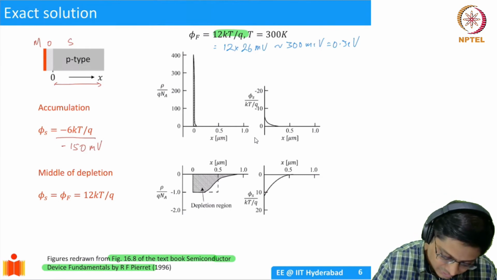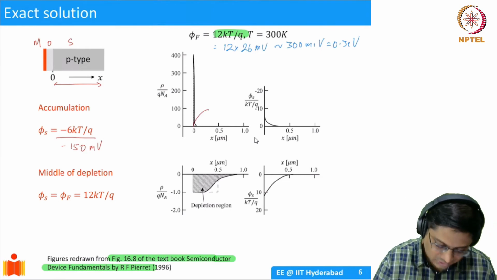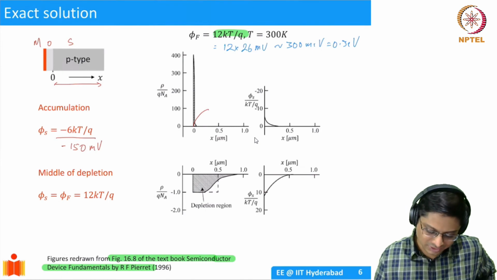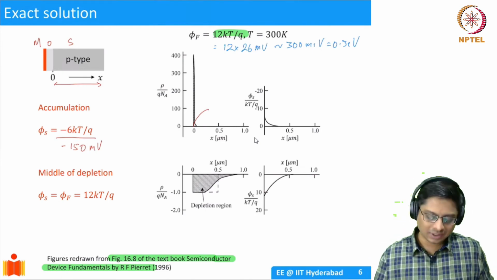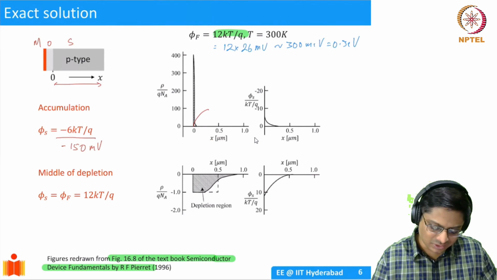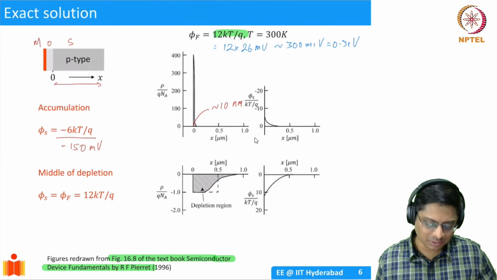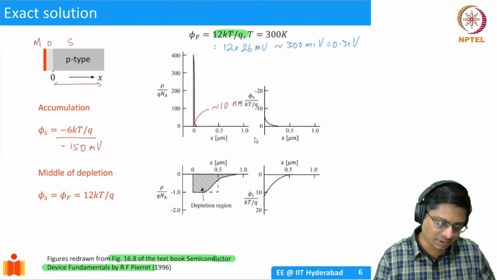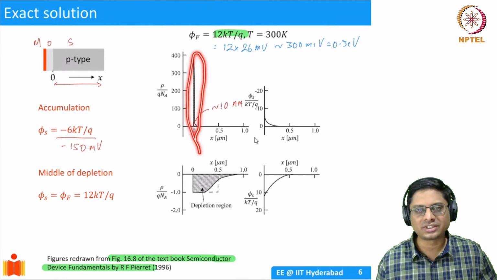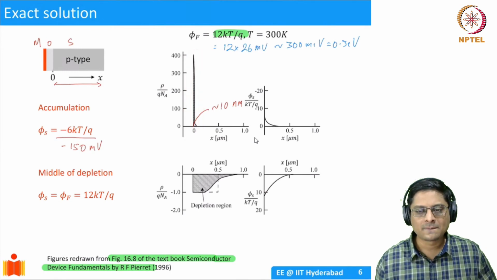So this distance is very, very small. This is not even 0.1. I don't know, we'll actually see the exact numbers, but this is very, very small. It should be roughly about 10 nanometers or so, okay? 10 to 20 nanometers or something like that. We will see the numbers on NanoHub, okay? So we have this sharp accumulation just under the surface, okay?